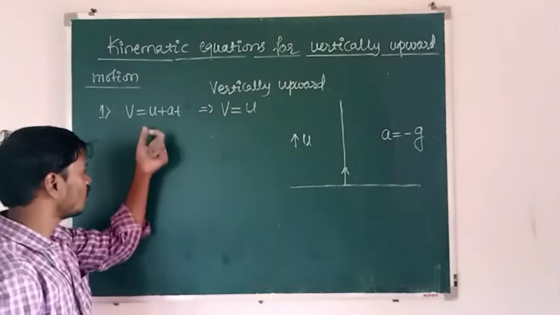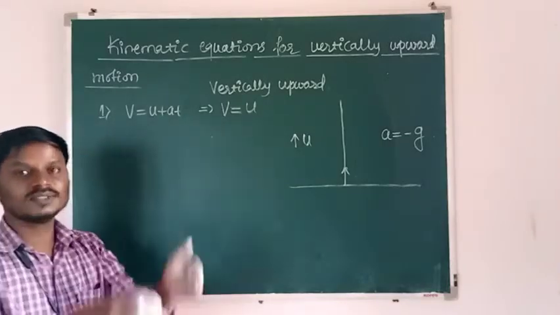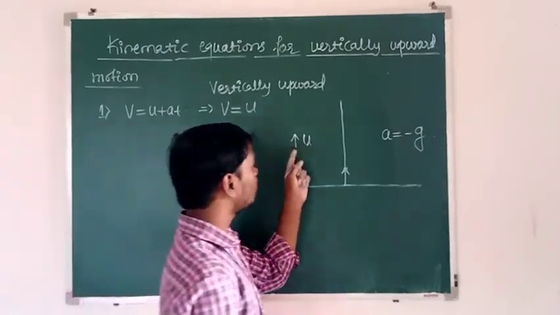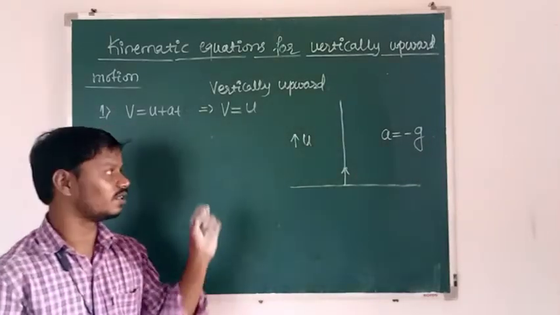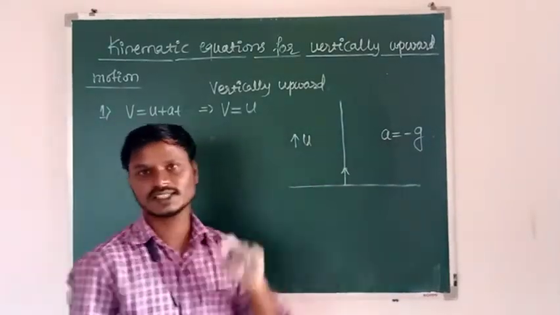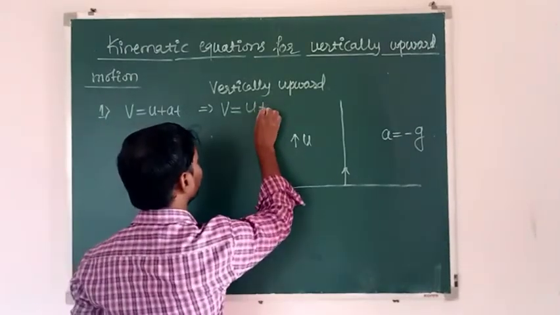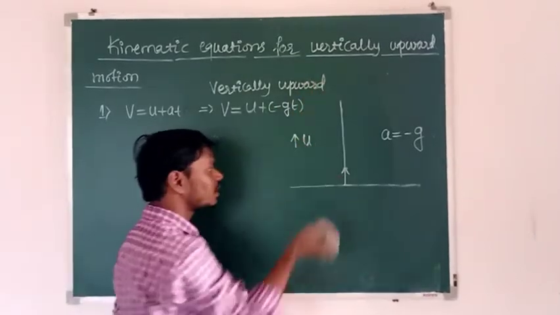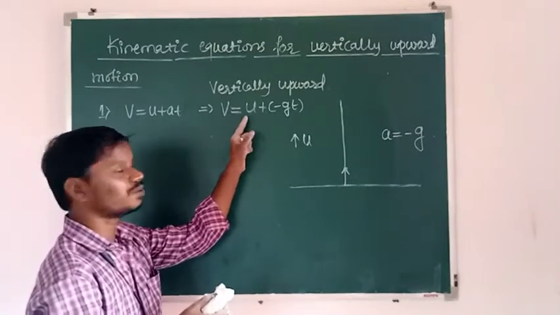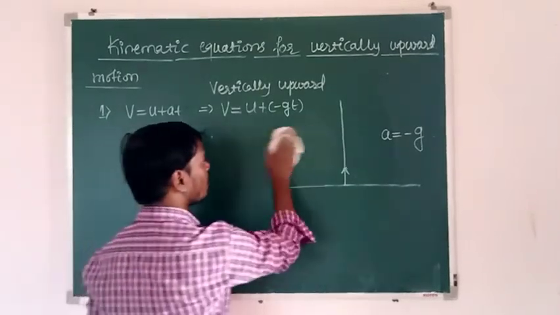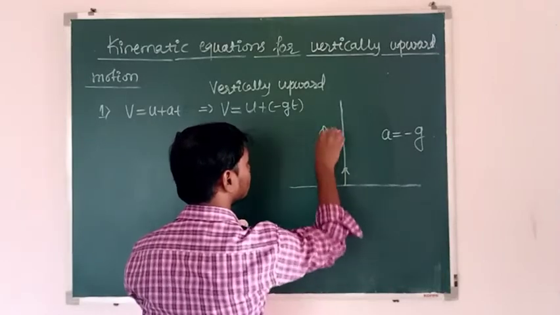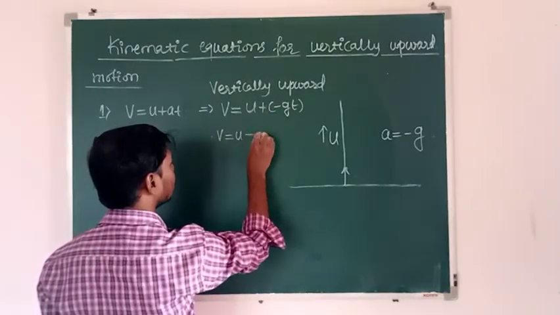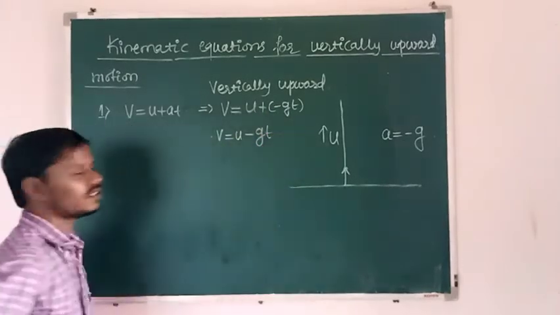But in the previous case, velocity and acceleration were both in the downward direction, meaning both were in the same direction. That is why both are taken as positive. But here the velocity is in the upward direction, and acceleration is in the negative, downward direction. That is why acceleration is taken as negative. Then u plus of minus gt, because this body is thrown vertically upward with the initial velocity u. Don't take this as 0. Okay. In the upward direction, we can write v is equal to u plus minus gt. v is equal to u minus gt.